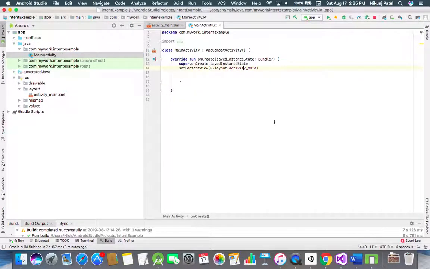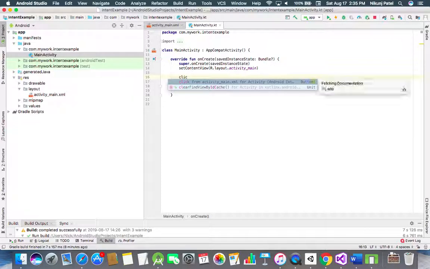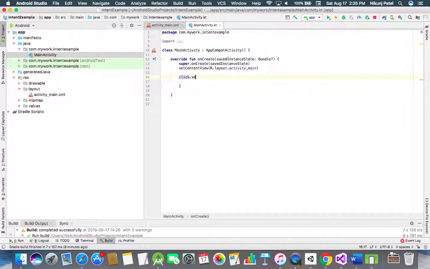In the main activity, let's set a click listener on the button. So click dot set on click listener. Here we are going to show you how to create an alert dialog on a button click event. So first,